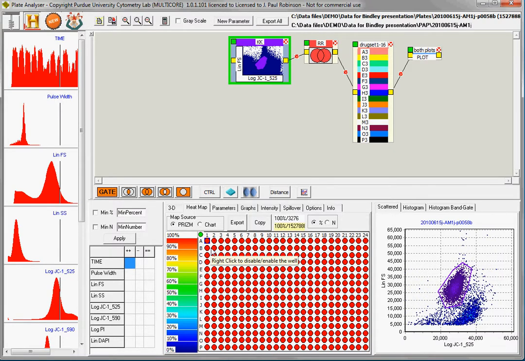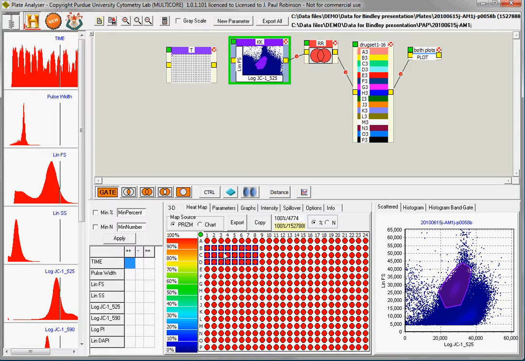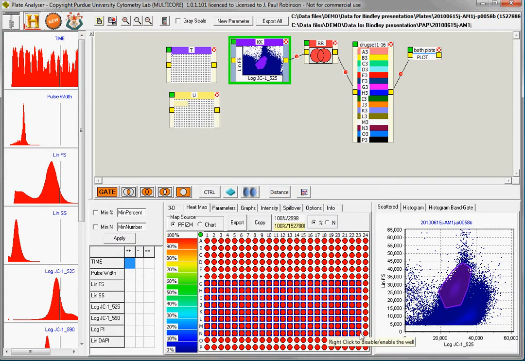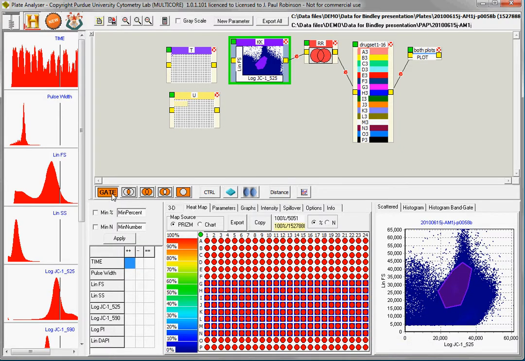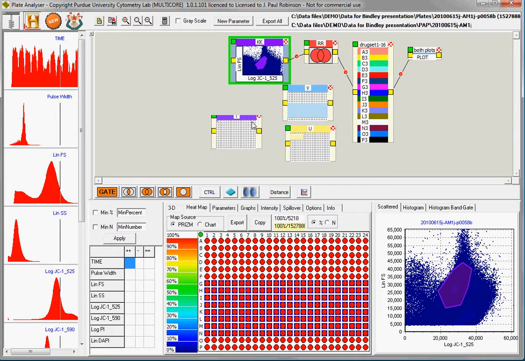So I can highlight the well, I can hit gate and come back and click on here. Probably hard to see it, but there's one well there. Let's demonstrate this a little stronger by hitting gate and coming there, and now you can see there's several wells there. Or if I wanted to make half a plate like that, I would do the same thing. So that lets you see the types of gates that can be made, and these gates can of course be